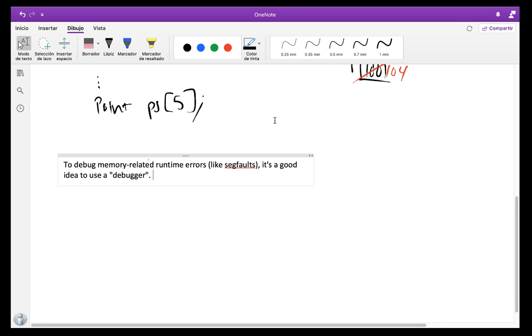The one that I'm about to teach you is called GDB. One debugger is called GDB, also known as LLDB on a Mac. Very similar, but slightly different. And a debugger